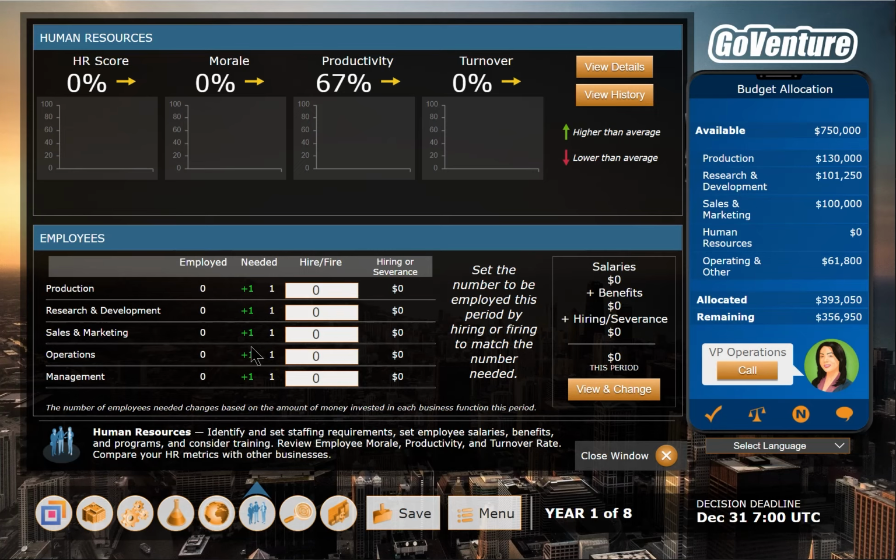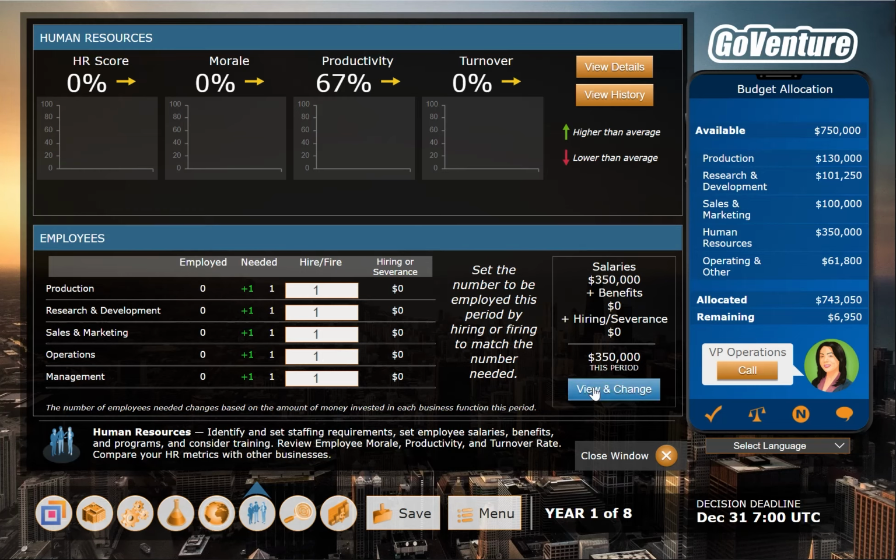So what's going to happen now is I'm going to adjust to how many employees I need. And notice the numbers have changed as well. So I actually need fewer employees, and that's because I'm not manufacturing as much as I had said previously. You can always have more employees, although it may not make sense because you're spending extra money that you don't necessarily need or have. And in fact, I'm running out of money again, but I'm able to hire all of these employees, so that's good.